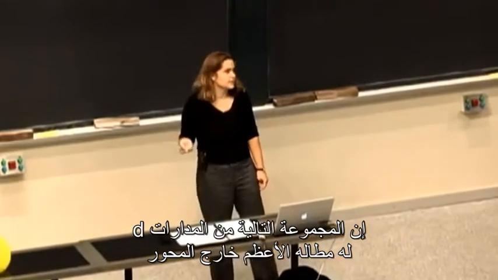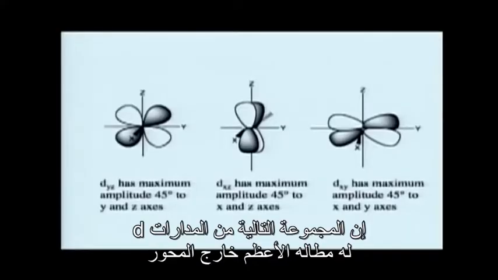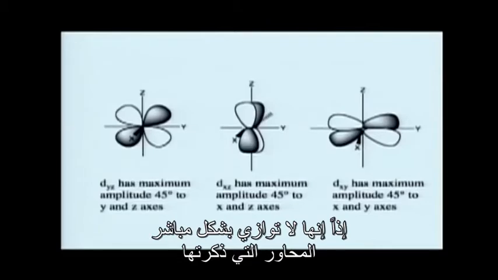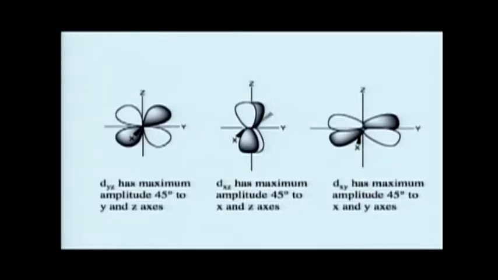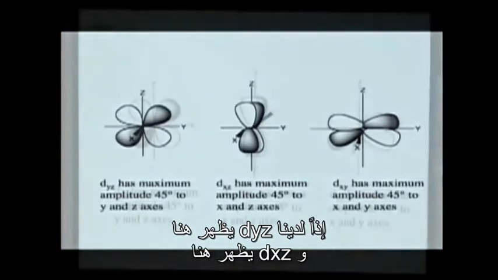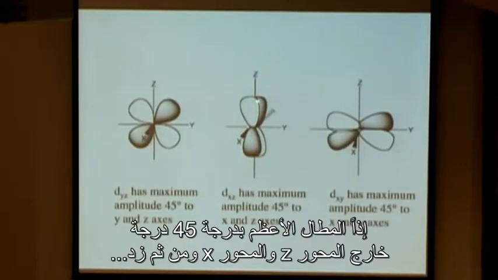The next sets of d orbitals have their maximum amplitudes off axis, so they don't correspond directly to the axes that I just mentioned. They're in fact 45 degrees off axis. So we have the dyz shown here, dxz shown here, so maximum amplitude 45 degrees off the z and y axes, or z and x axes, and then